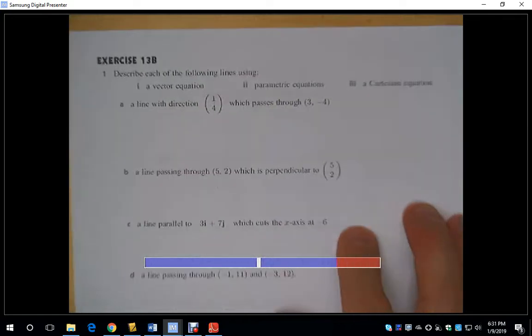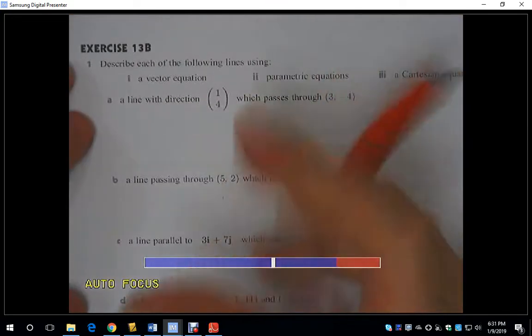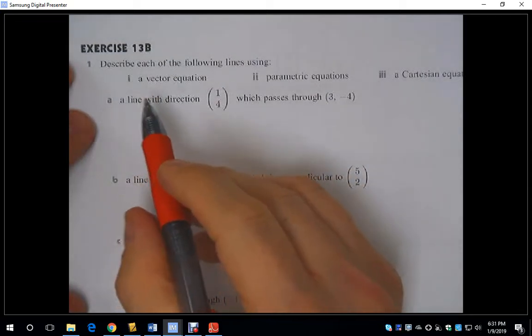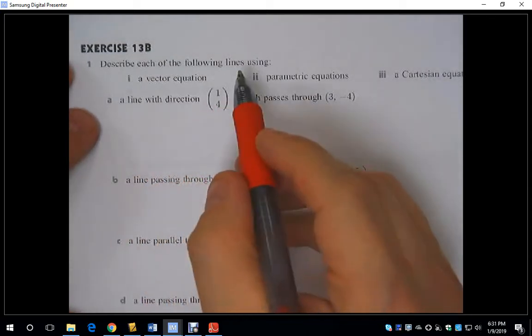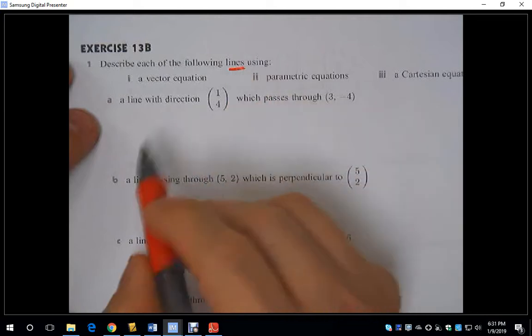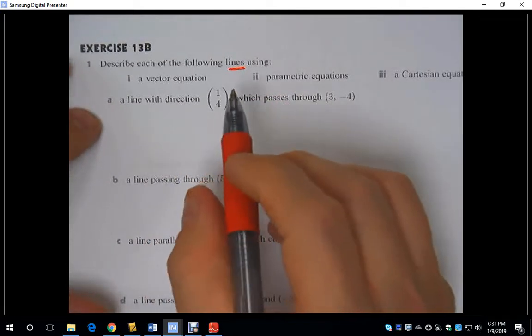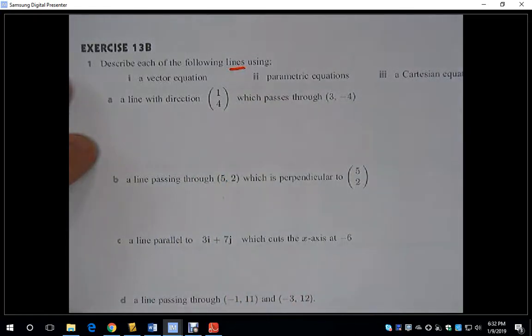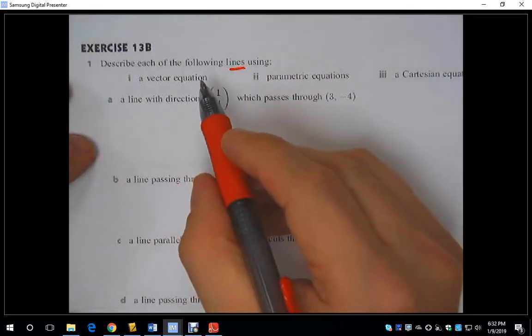So I'm going to do some examples. And here when we start out, this is 13b from your book. It says describe each of the following lines, and these are just lines. Recall that these are lines. We don't really have a true direction. It says that we have a direction vector, but we don't really have a true direction. So we have this,